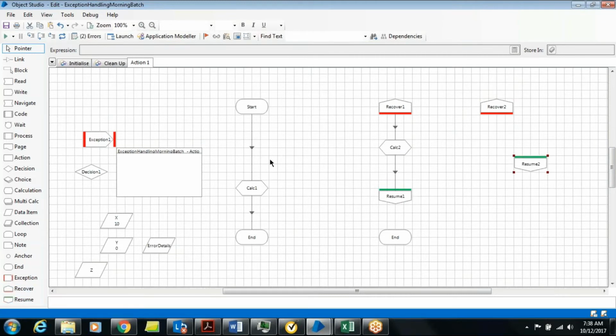Any error that occurs in our logic, however big our program is, like suppose there are 100 calculation stages, 100 other logics, any error occurring in any of our stages, only one recovery stage is able to handle all those errors. Any error that occurs at any instant, our flow will jump from this logic to our recovery logic, which is here. Okay,